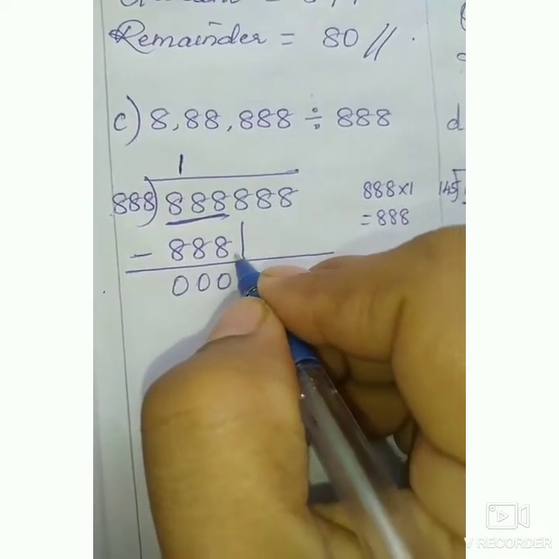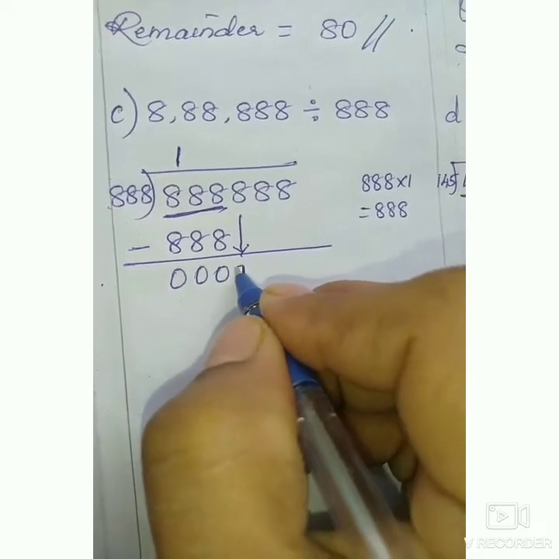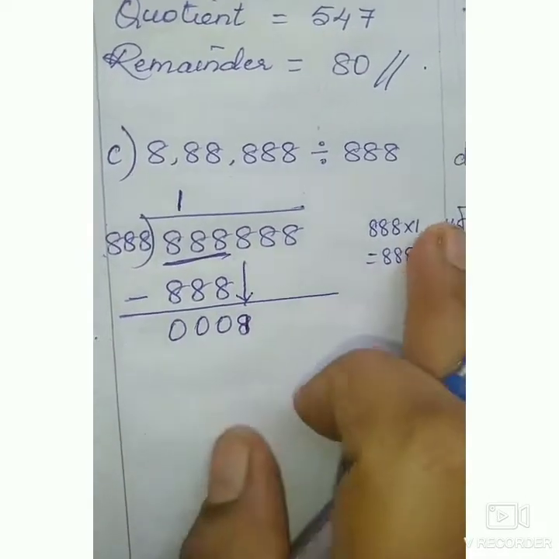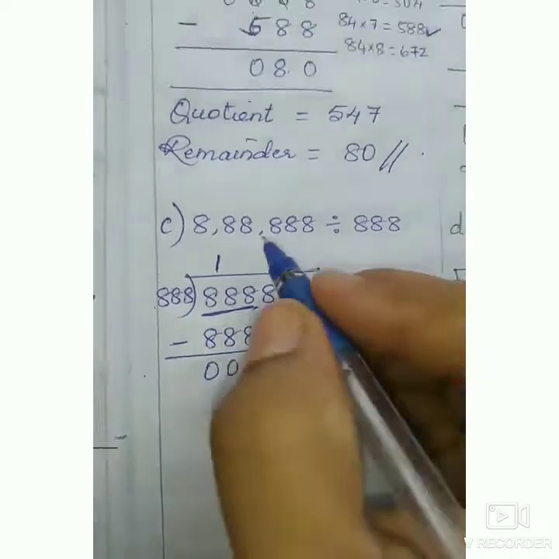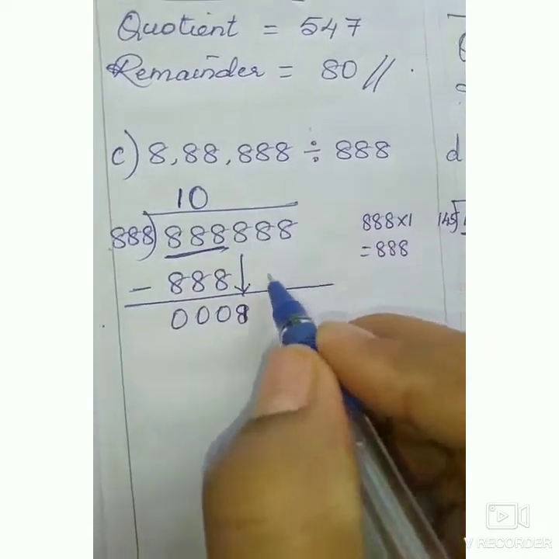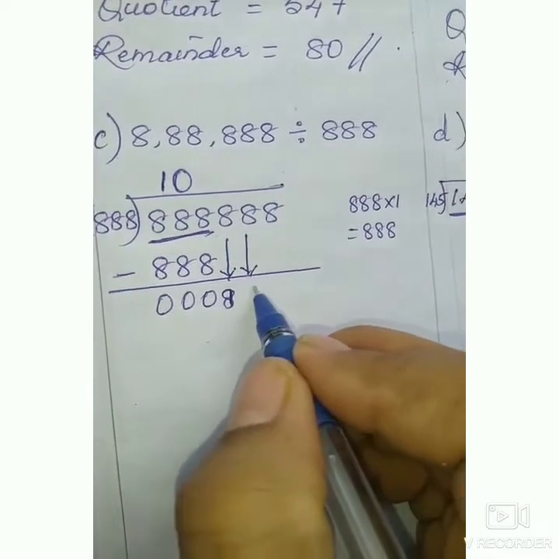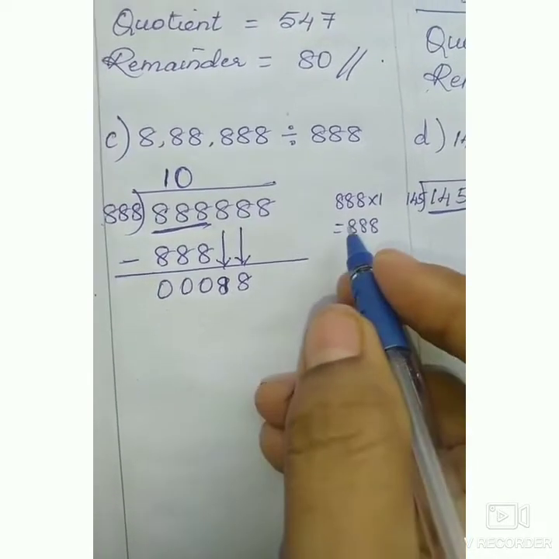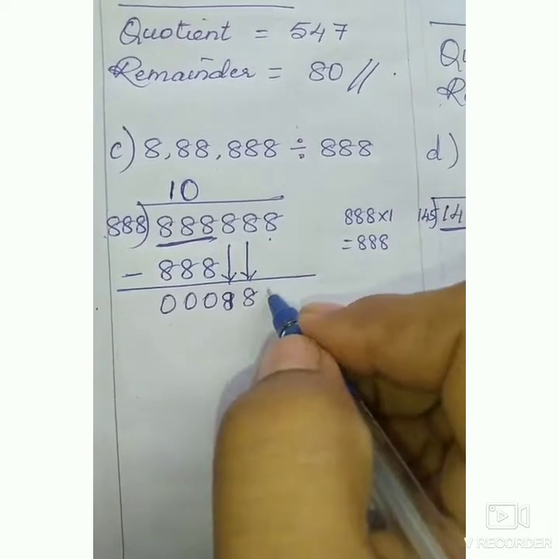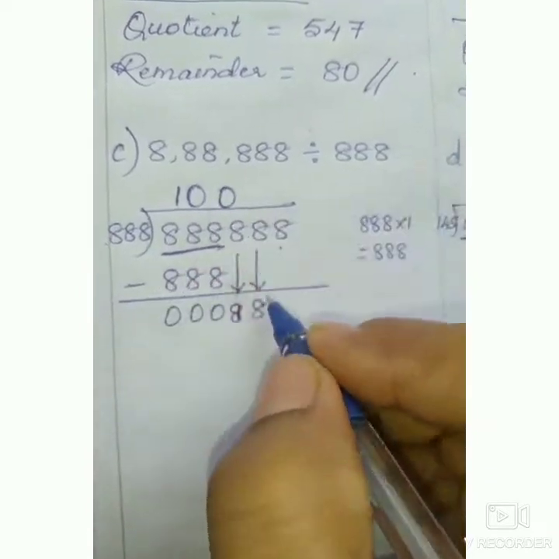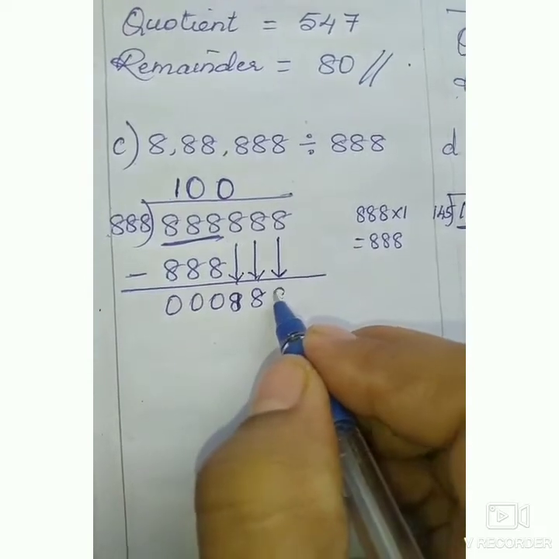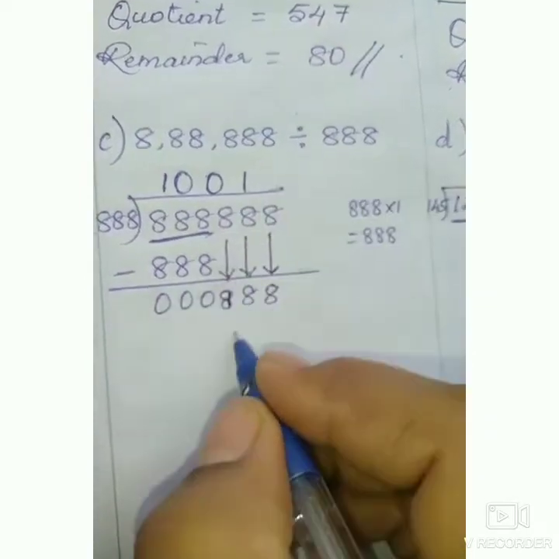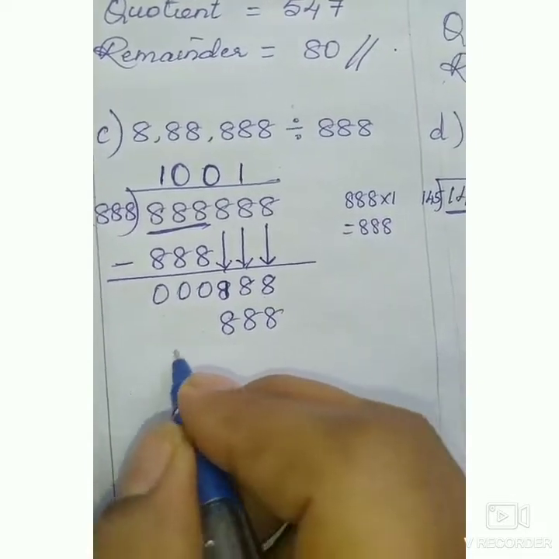Now you can take only one digit in one step. Okay, children? Now, 8, is it 8 possible in the multiplication table? No, again. So place 1 0 and bring one more digit now. If you get 8, you can get 88? No, again. So you have to bring one more digit. So place one more 0 and bring one more digit now. Now 888 ones are 888.